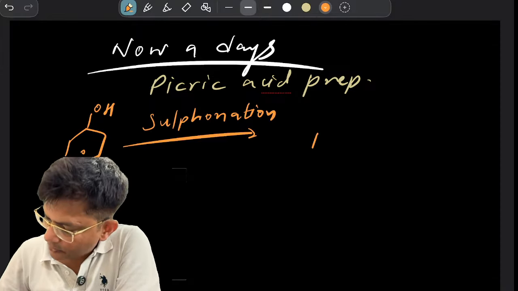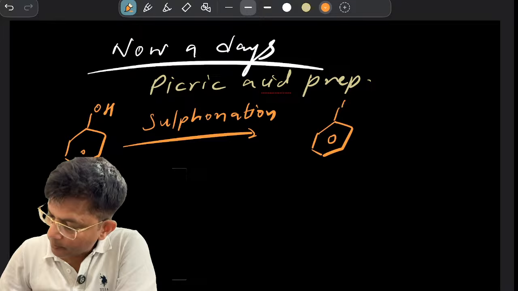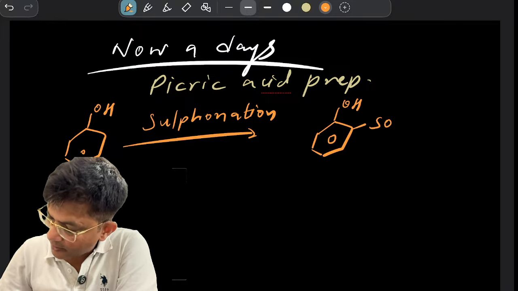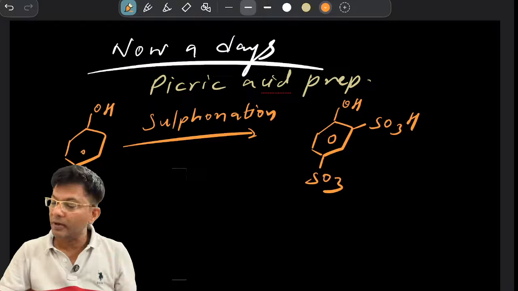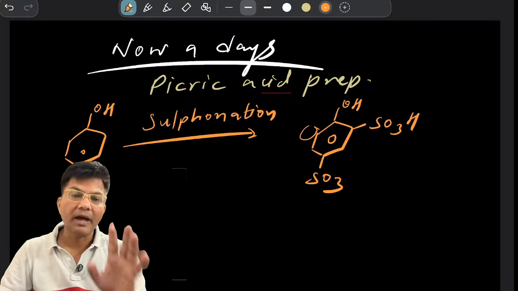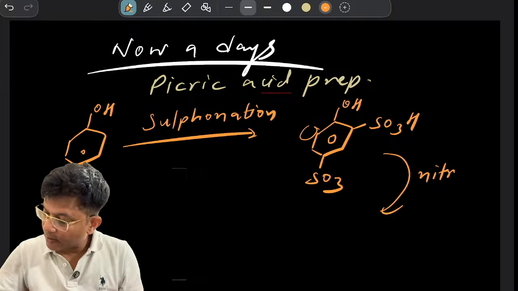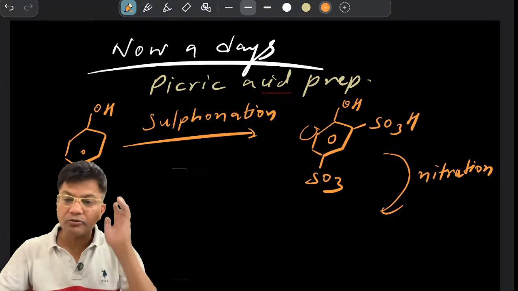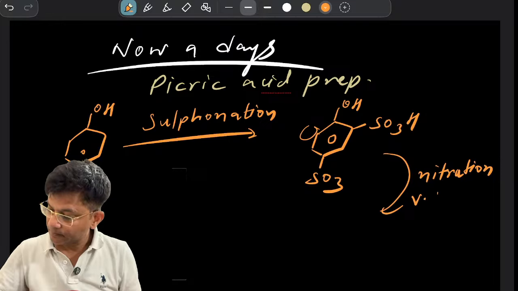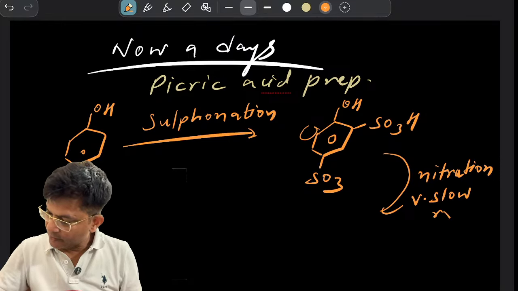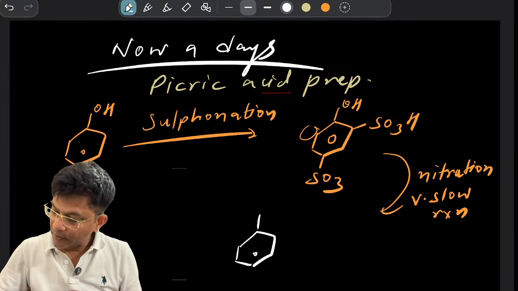So you know that sulfur, it belongs to the third period and it is bigger in size as well as sterically hindered, so it will not easily form the bond and it will occupy two positions because it is too much sterically hindered, so it will not come at this ortho position. Now do the nitration. Once you do the nitration of this compound, you know that nitrogen belongs to the second period, so it will come slowly because sulfur will say I need some time to go. So a very slow reaction,